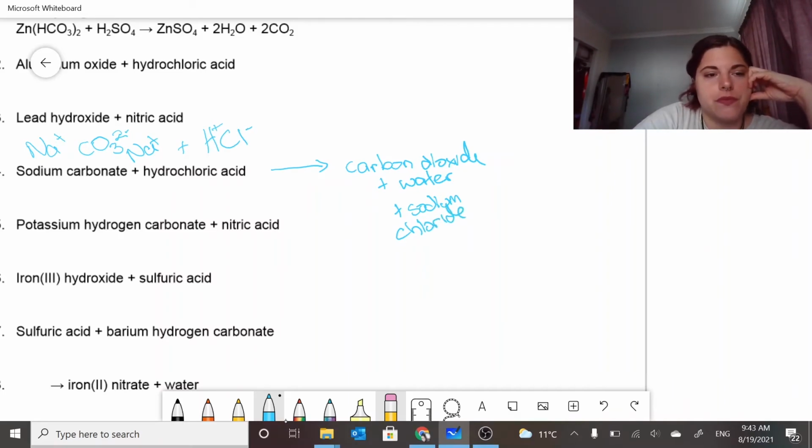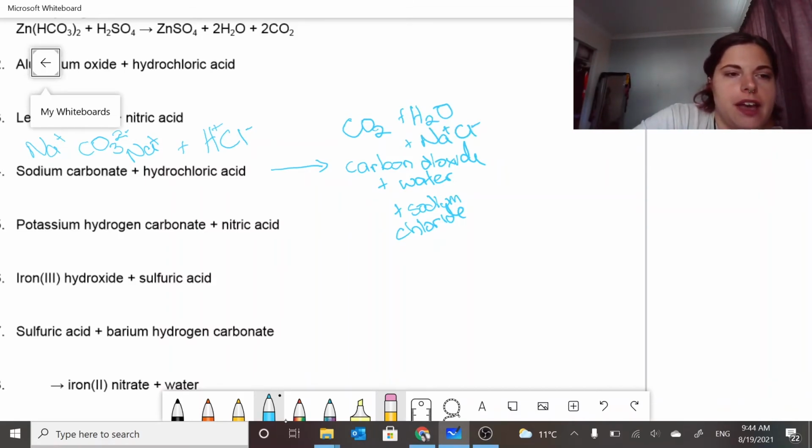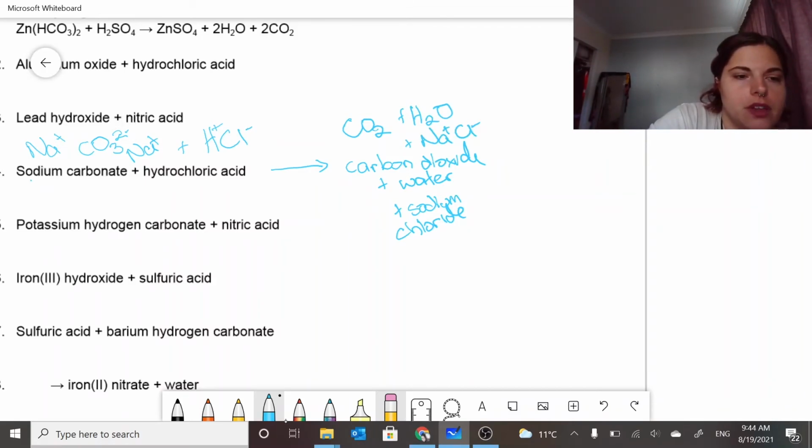Okay? And so that means we have got CO2 plus H2O plus NaCl. We have got 2 sodiums on this side,